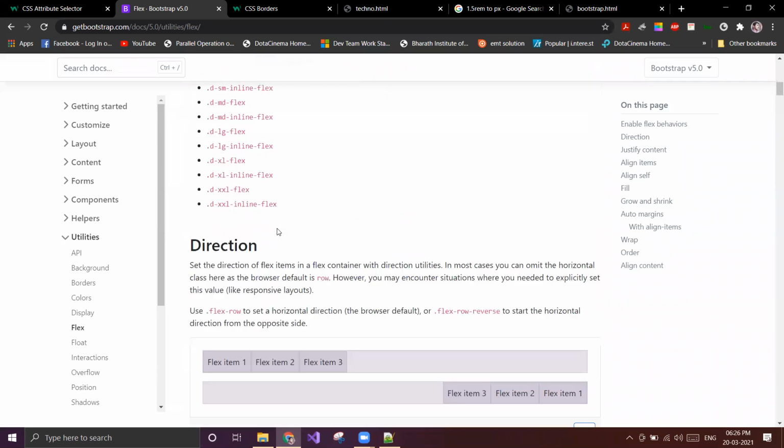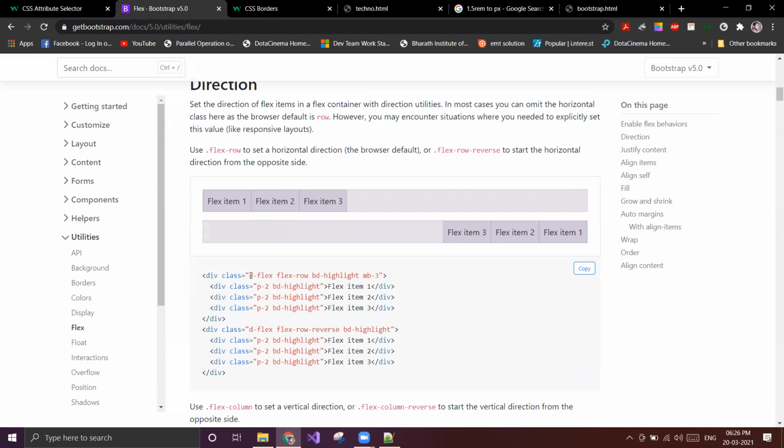Then we have d-flex, and that day we saw one thing called flex direction row, flex direction column. If it is flex direction row, it comes in a row. When I say flex direction column, it comes vertically. So what I can write, d-flex, along with it flex row. d-flex, flex row reverse.